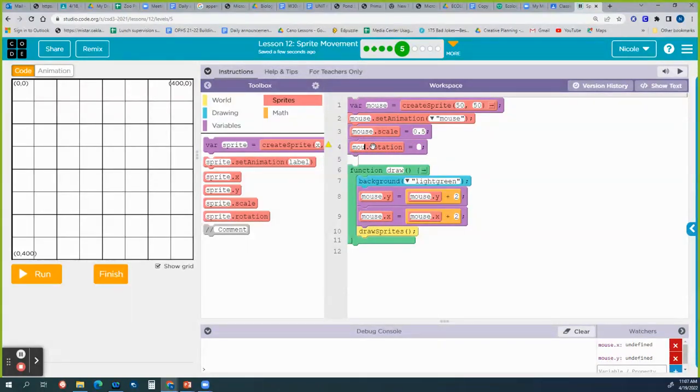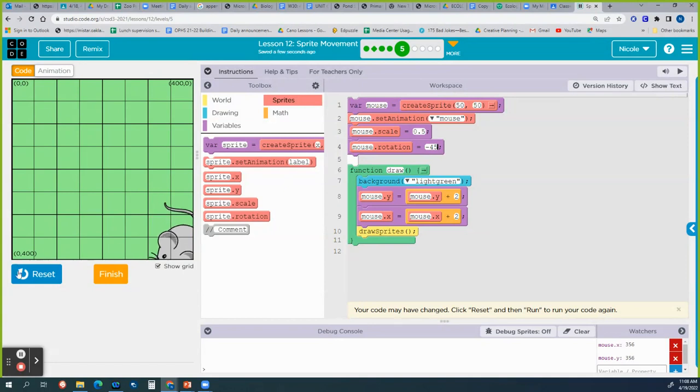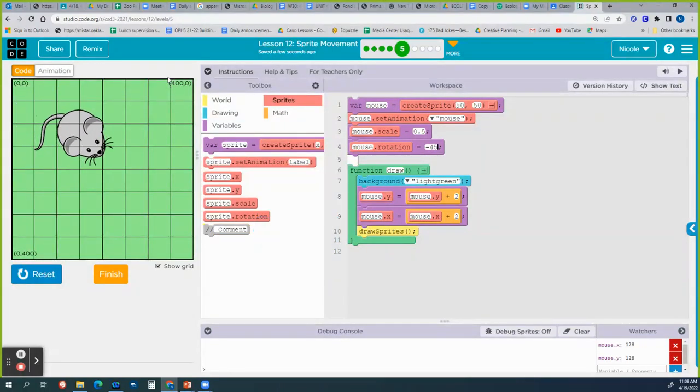So my mouse rotation, if that is at 0, I want to spin it. Let me try 45. Okay, I went the wrong way. So negative 45. There it goes. So again, all I did was update my